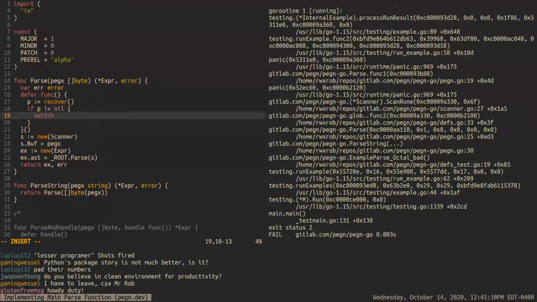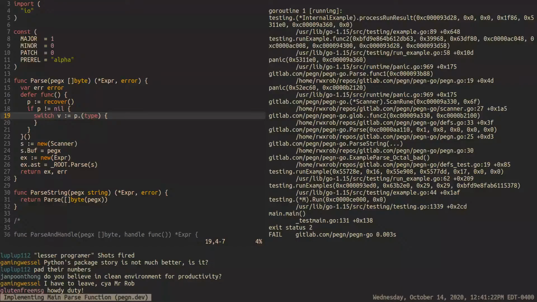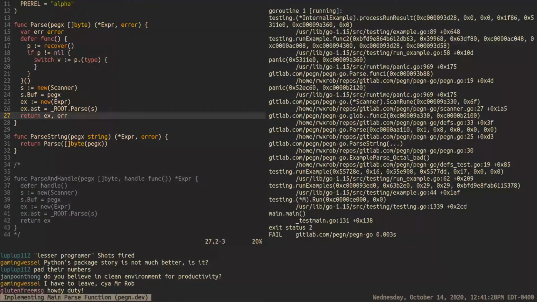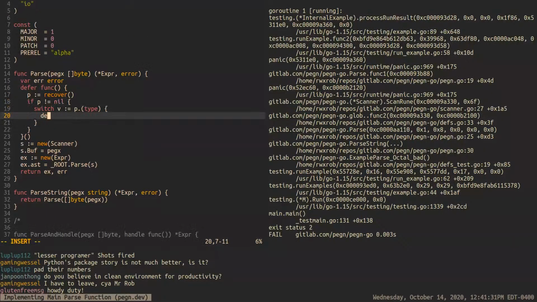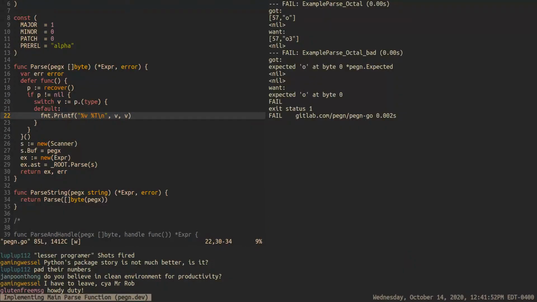So we'll go ahead and do that. Type switching, by the way, the only way I ever considered doing type switching is this way. You don't have to do the V equals, but the V is actually the casted type. So that's where you want the casting to go on, and I always use V for that. And then the default type, I'm just going to go ahead and FMT the thing and tell people what it is. Just for now, I mean, I don't care. And then a capital T is the type. This is a printf. What am I talking about? All right, so this is a printf. And both of these will be V's, VV. And that should give us